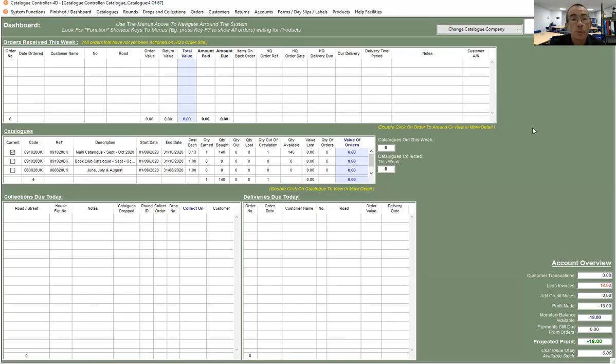Creating a catalogue drop. Now we've created our first couple of rounds, we can now create a drop for our round. A drop being where we go out and put the catalogue through people's doors. So if we go from our dashboard screen, if we first of all look at our catalogues that we're going